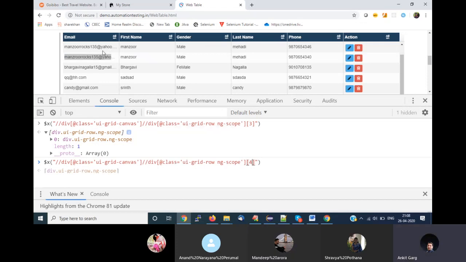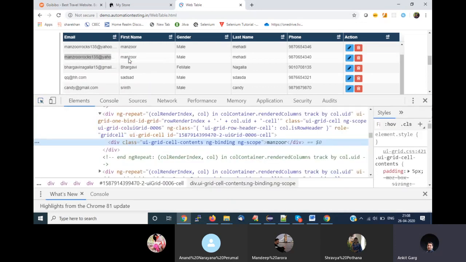Now for each and every row, there are multiple columns, right? That means for one row, I can find a column only for a single row at one time. So here again, I have to write an XPath for columns. Let's mouse over on your column. This is your column, right?